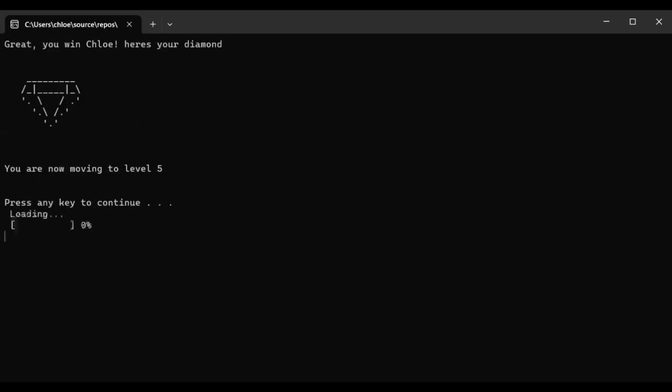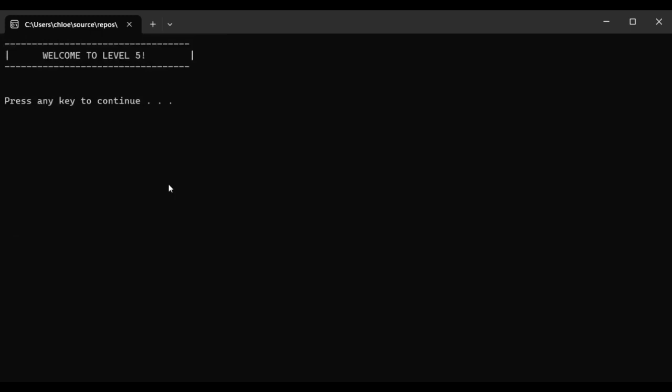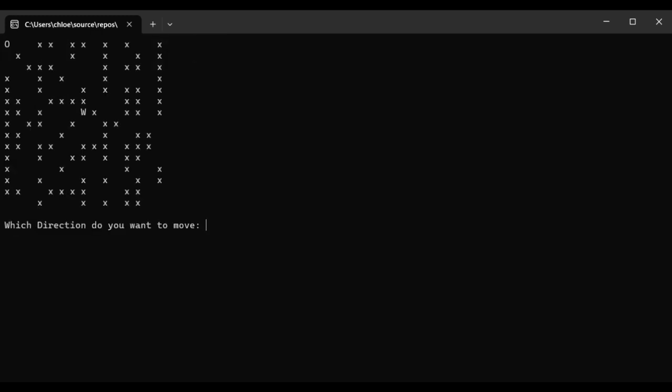Yeah, so once you've won level 4, then you move on to level 5. You can see the map's bigger again. The W's changed position. There's actually 2 routes that you can take. So you can't go down there because you can't go diagonal. You've got to go down and then up, around, and then once you get to this section, here you can